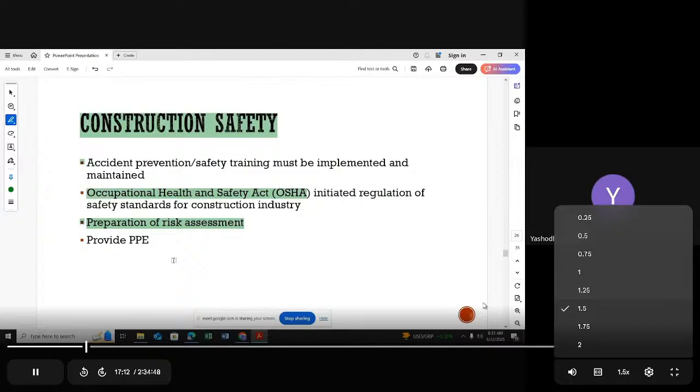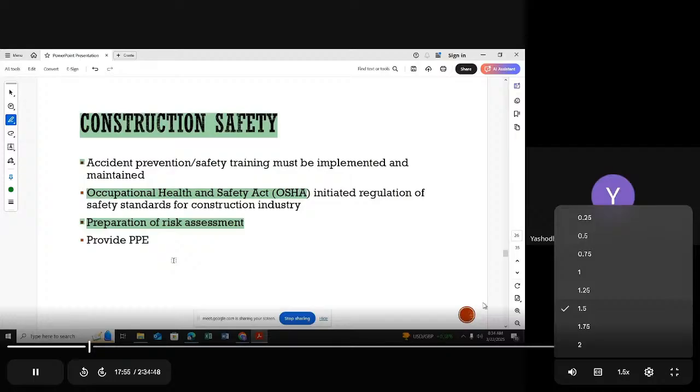What are the accidents and activities that can happen? Everything you should identify during the pre-construction stage. At the same time, you have to identify some mitigating methods for those issues. Imagine I identified people can fall down from the edges of the building. I identified it at the beginning of my project, before starting the construction activities.